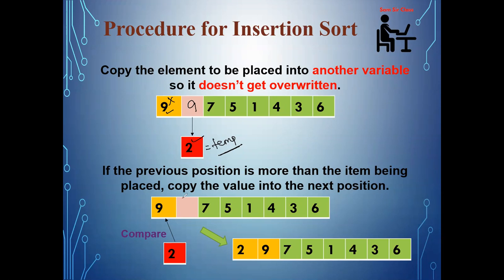Okay, so what I have done here: if the previous position is more than the item being placed, copy the value into the next position. So that means 9 is copied to the next position. Now this comparison process will continue while there are some elements on the left hand side, but after shifting 9 there is no more element in the